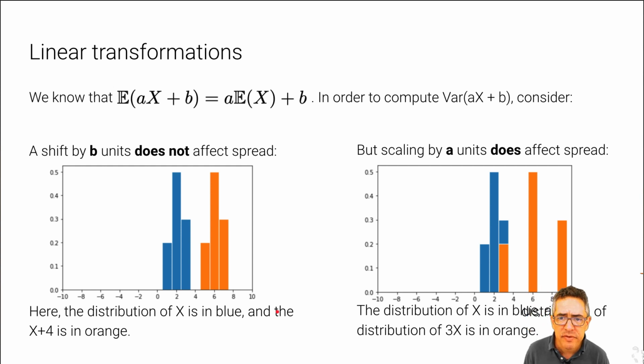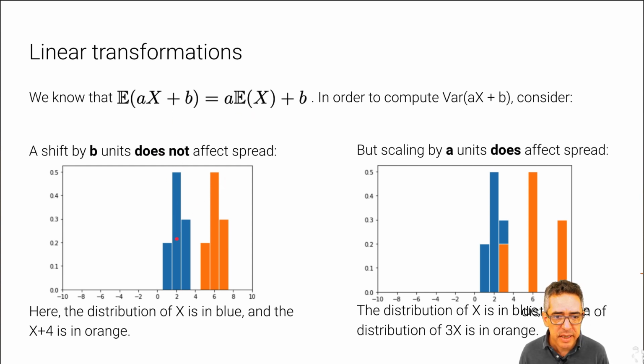Now, what happens in terms of linear transformations with the variance, right? We already know that expectation itself is linear, but what happens if we take a random variable, x, and apply a linear transformation to it, right? In this case, a simple one where we multiply it by a and shift it by b. It turns out that just a shift by b by itself, if a was equal to 1, the expectation of x plus b,